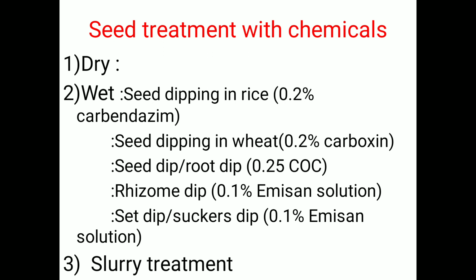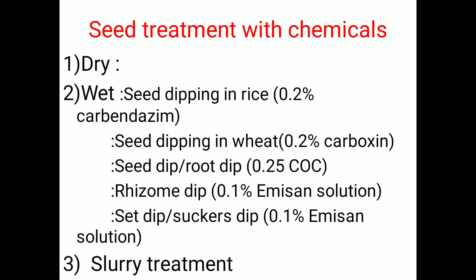Take a required quantity of chemical, it may be a fungicide or insecticide, and take a required quantity of seeds which are to be treated. For example, we have to use Bavistin at a rate of 2 gram per liter of water. So simply we take a required quantity of chemicals and seeds. Then both are mixed with each other in one pot and water is added in such a way